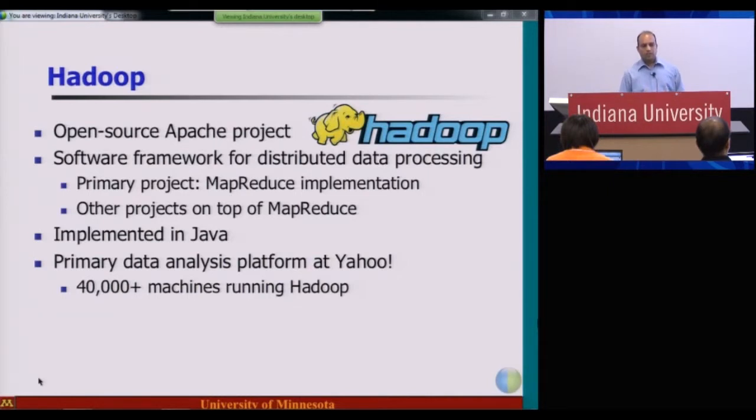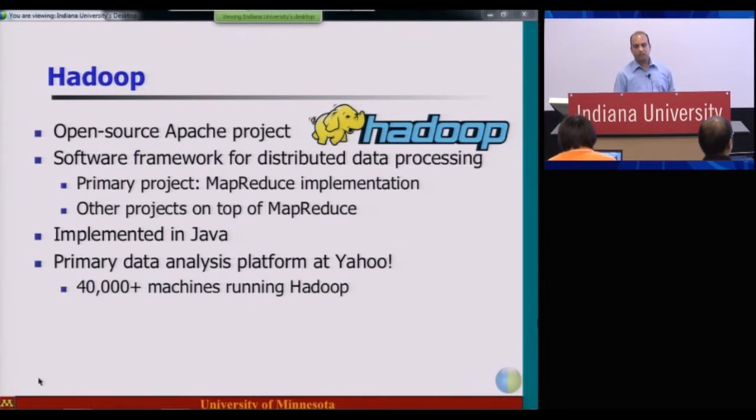It provides an underlying MapReduce implementation, but in addition, there are several other tools, projects and languages built on top of MapReduce as part of this project. These include high-level languages such as Hive, some of which will be discussed later today in some of the other talks.